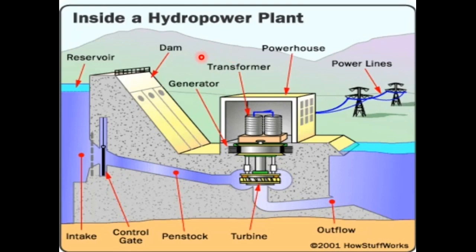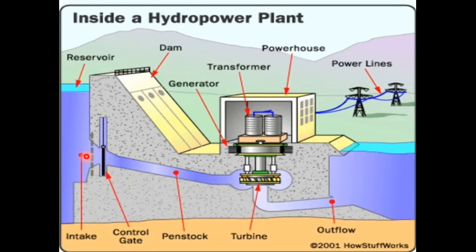In a hydroelectric power plant, a dam is constructed across a river, due to which a reservoir is formed upstream of the dam, and the area occupied by this water is called the catchment area. In this dam, at sufficient depth, an intake is constructed, which is regulated and operated by this control gate. Here this control gate operates the flow of water.